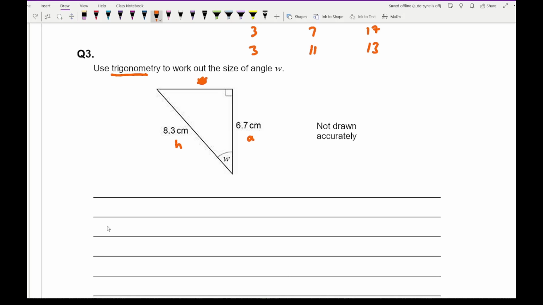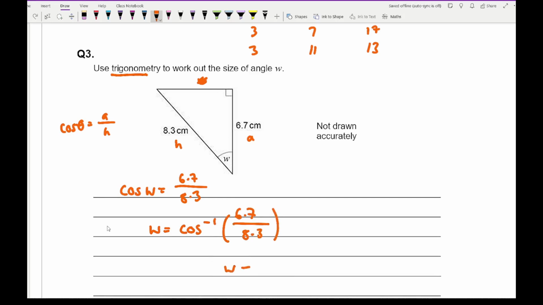So which trig ratio uses A and H? Well, that's going to be cos. So cos theta equals A over H. Substituting the values that I know, I've got cos W equals 6.7 over 8.3. To find the angle, we need to use inverse cos. So it's going to be the inverse cos of 6.7 over 8.3. And if I type that all into my calculator, I get an answer of